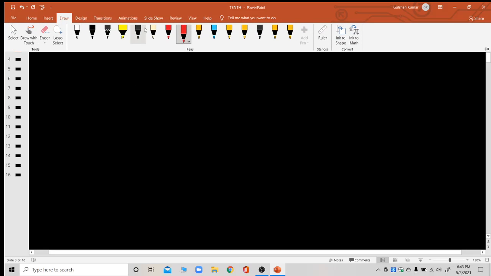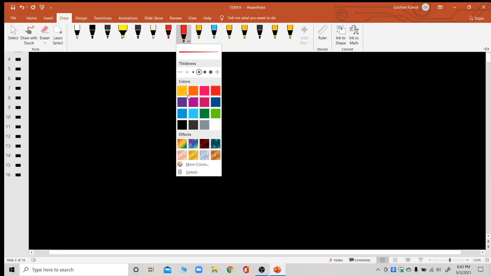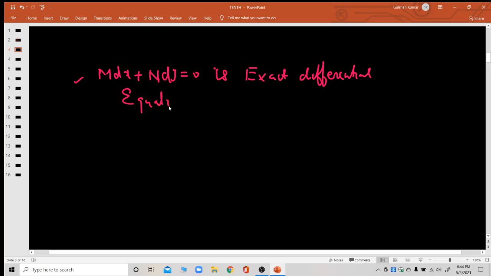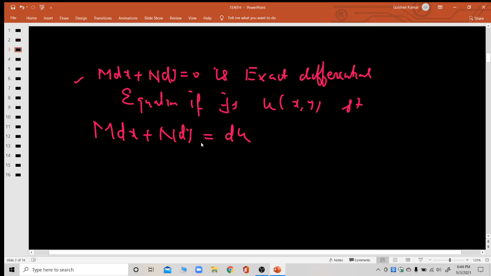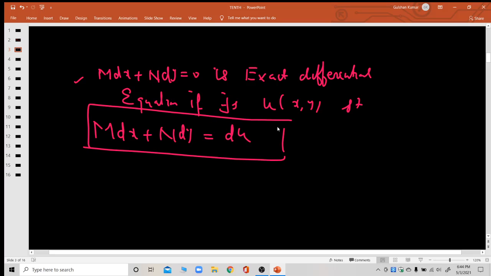Let us see what the exact differential equation is. We can say that M dx plus N dy is equal to 0 is an exact differential equation if there exists a function u of x, y such that M dx plus N dy is equal to du. Then we say that the equation is exact, and this is the most